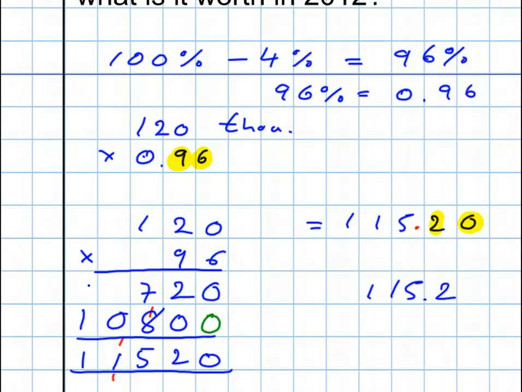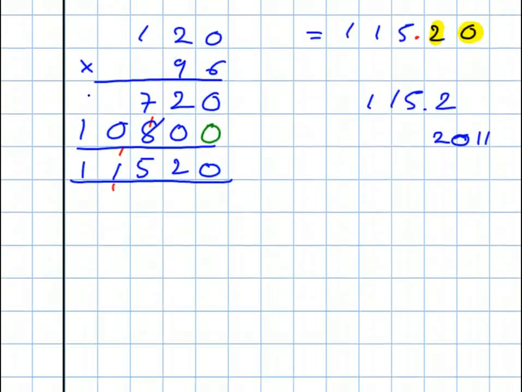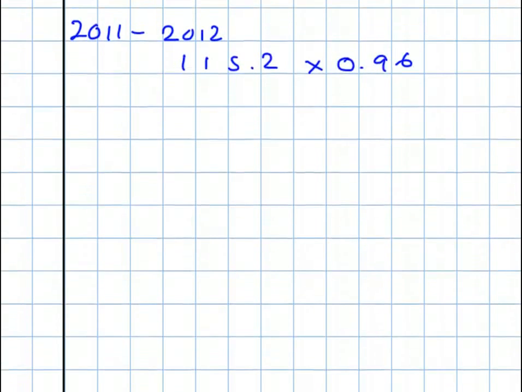Now that was at the end of 2011, after a year. So what happens in 2011 to 2012? Well, it goes down again by 4%. So what I do is I multiply the 115.2 times 0.96. Now this is probably a lot harder than you'll get in the non-calculator paper, but we might as well go through with it. So I'll write 1152